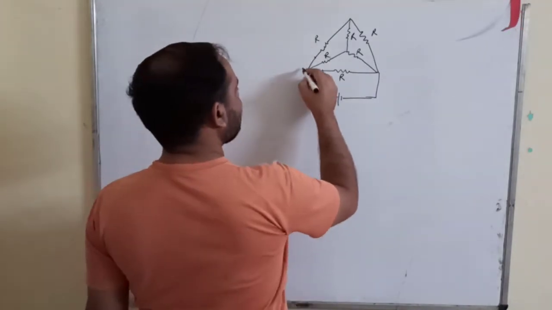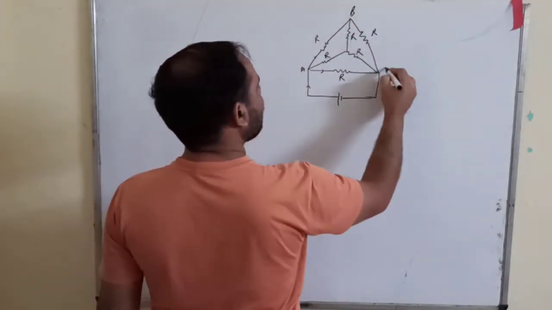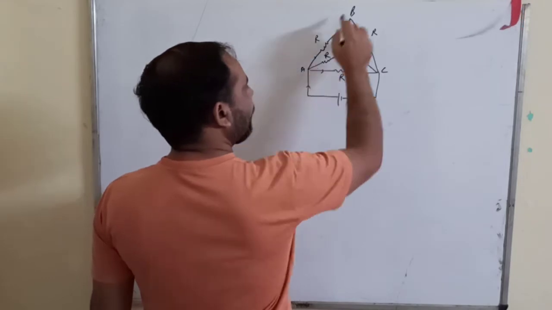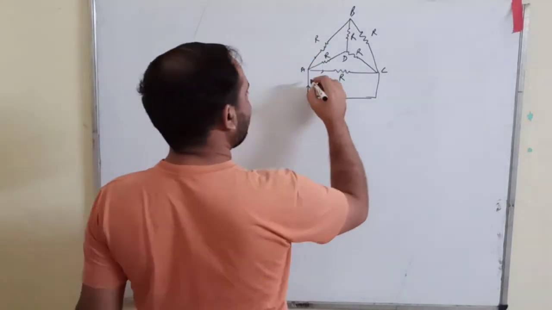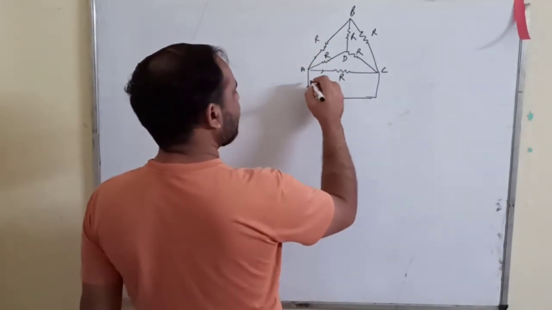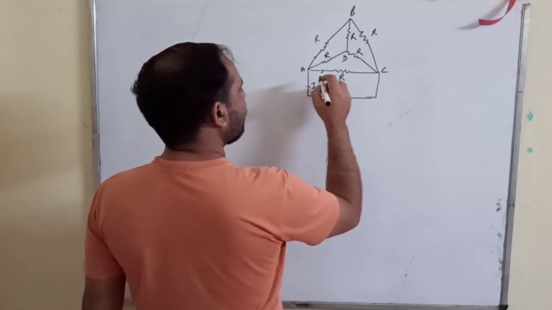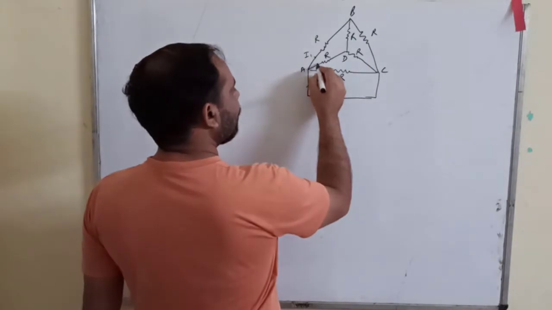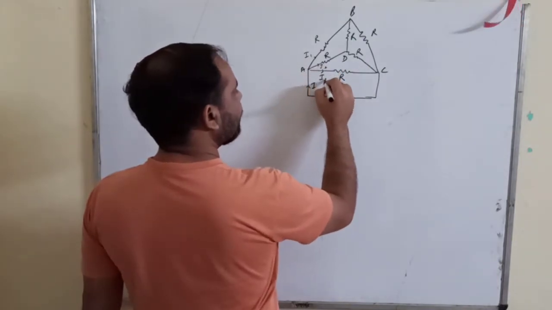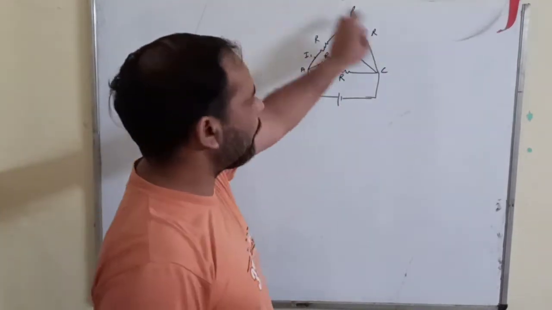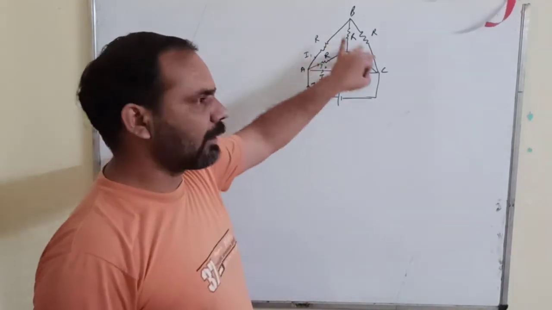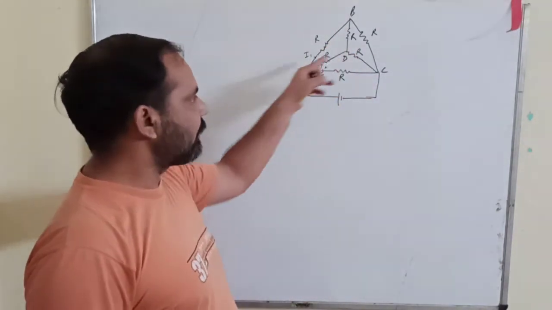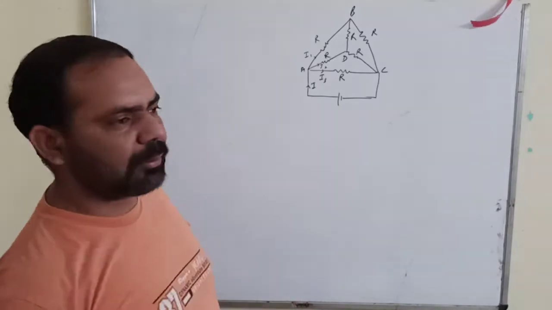What you have to do is simply mark them A, B, C, D. You consider any closed loop and identify the direction. Suppose current I is coming here, and suppose I1 goes to this branch, I2 goes to this, and I3 goes to this, and simply you can mark the currents. You mark the currents in all the branches and just apply Kirchhoff's first rule and second rule to get the equations.